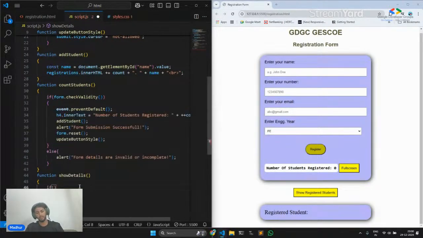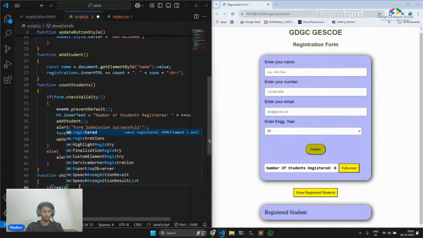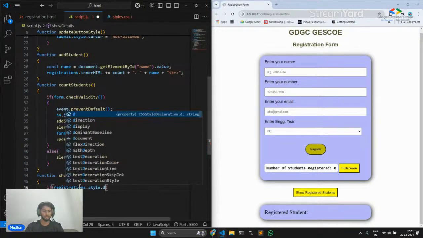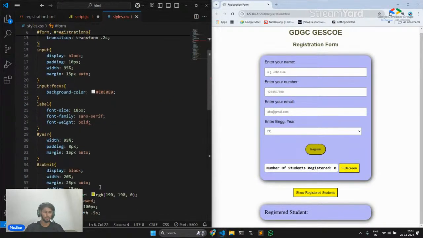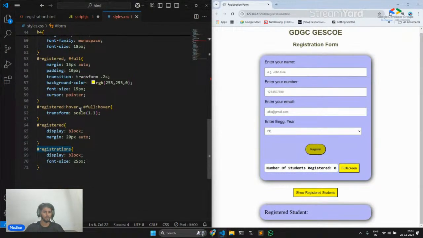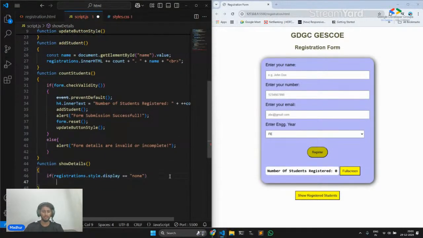Now here we are going to use something called registrations.style.display. Now what this is checking is that the registrations element, this element, is the display property of this element set to none. Now for now it's not set to none. We'll change it. Registrations, yeah, when I set this to none, it's gone. So this statement or this expression will be true, and when it is true, we want to display the element, so we'll just use this